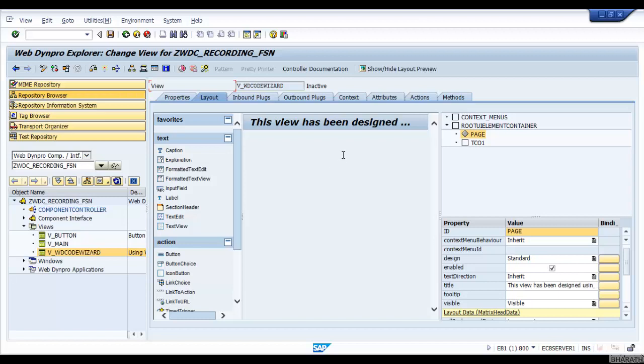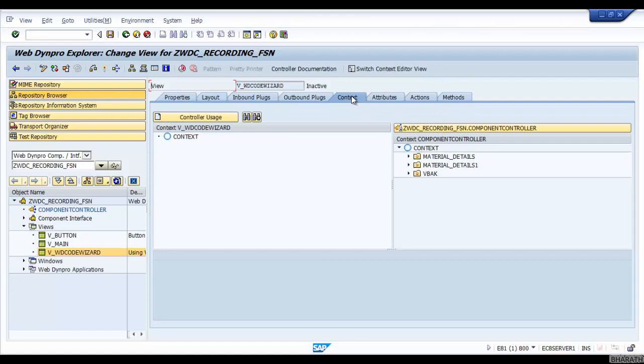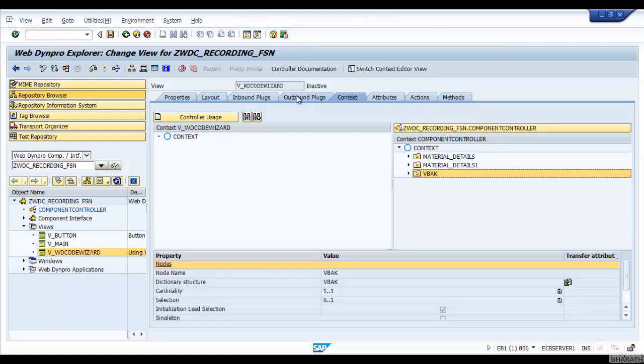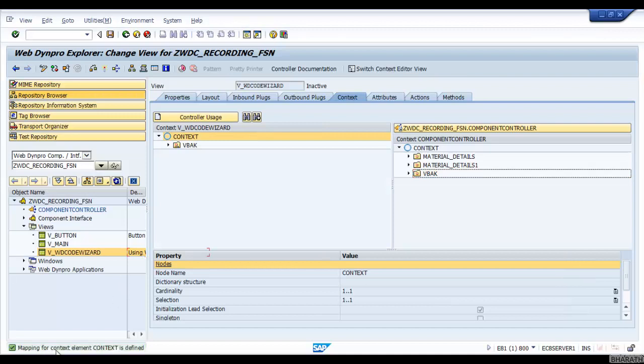If I would like to use the context node created in the component controller in the view, I have to do context mapping. I would like to use this VBAK context node in the view controller, so I have to do the internal context mapping. This is internal context mapping for the context element. Context is defined.